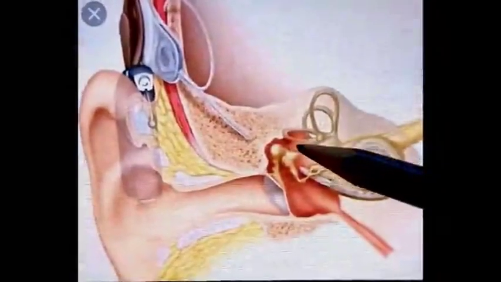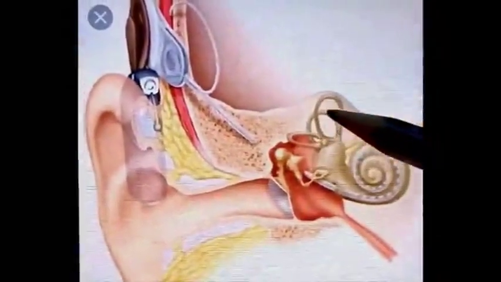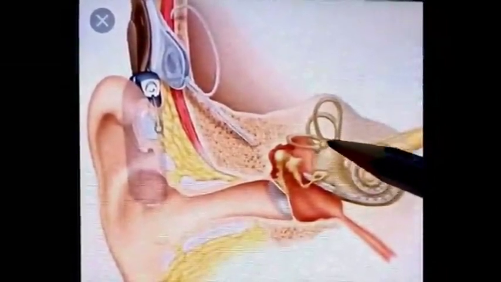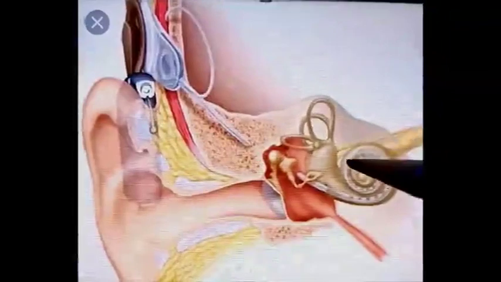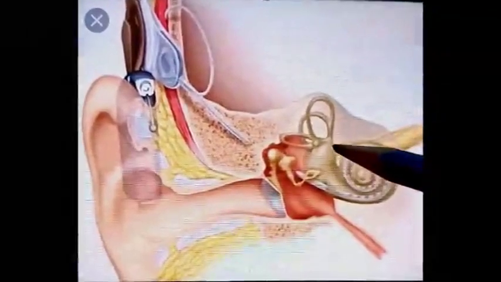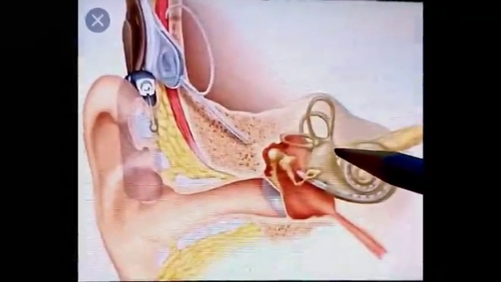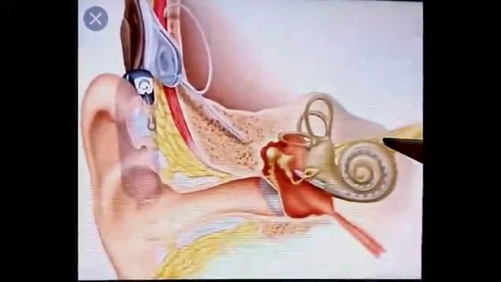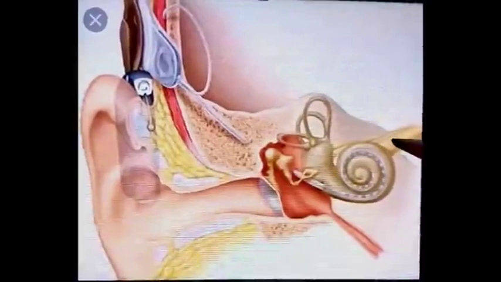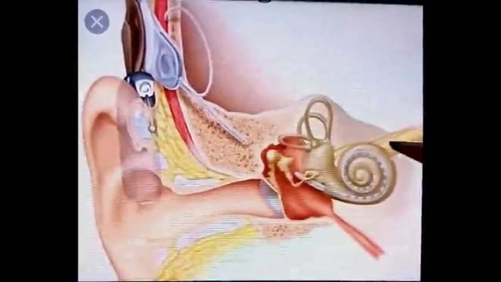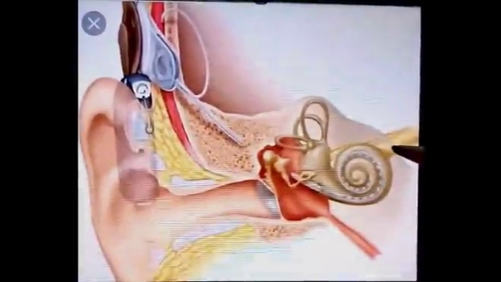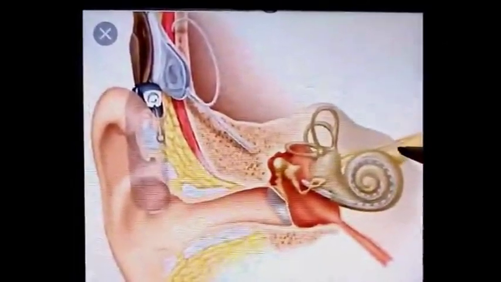Three semicircular canals open into the posterior wall of the vestibule. So this is the posterior wall of vestibule. Then the medial wall of vestibule is related to the internal acoustic meatus. This is the internal acoustic meatus through which vestibulocochlear nerve is leaving the petrous temporal bone. So the medial wall of this vestibule faces towards the internal acoustic meatus.